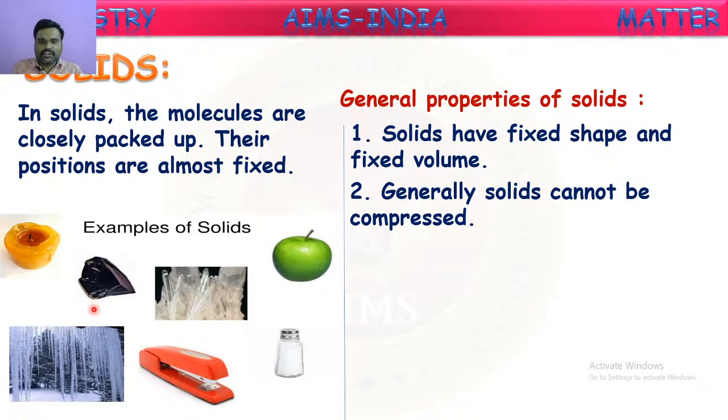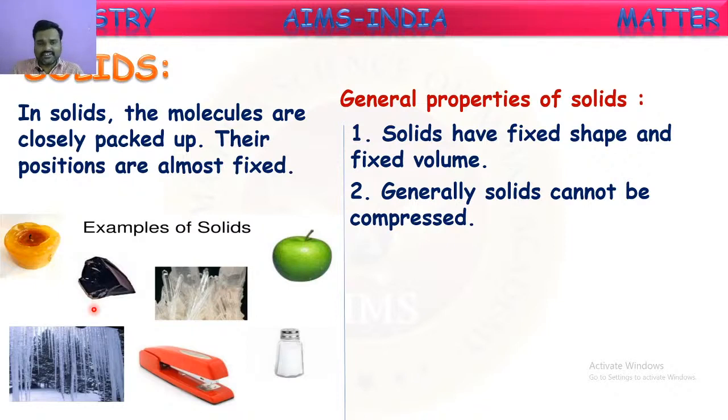Next property, generally solids cannot be compressed. Compressing, in the sense, decreasing their volume by applying pressure on them. If you take any metal piece, an iron rod or iron piece, and try to press it, try to reduce its volume by applying pressure on it, can we? No, we cannot, because they are highly rigid. Because in between the molecules of solids, there are no gaps. They are already tightly bound one to other. So the compression of these solids is somewhat difficult. That is, they are almost incompressible. We cannot reduce the volumes of these solids.